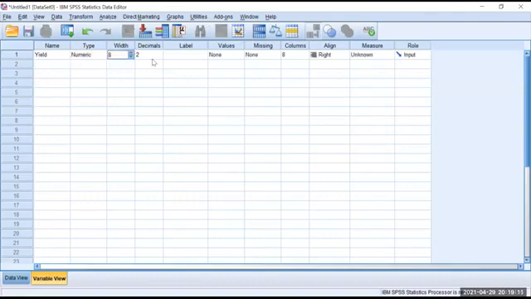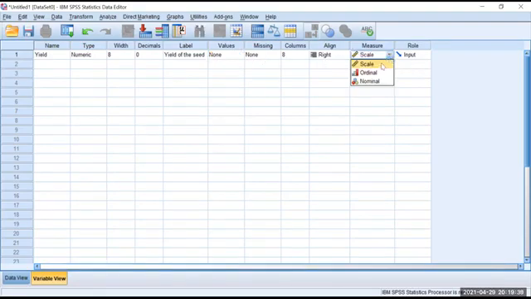So this is numeric. With this, we are not going to do anything. Decimal, there is no decimal value in the data. Label, you can mention it as a yield of the seed. Now we are not going to allocate any value because we have different values. We have 15 samples, so we cannot nominate anything. So we cannot give anything here. Remaining all as it is.